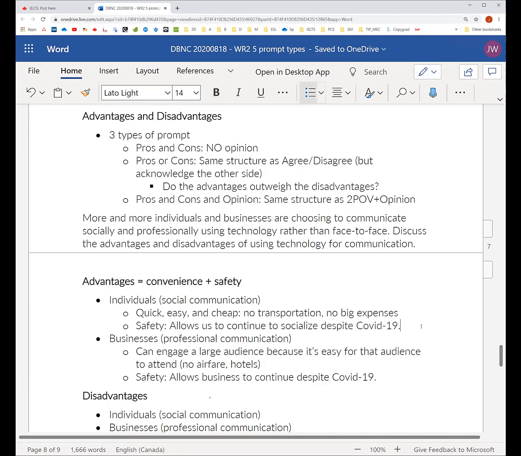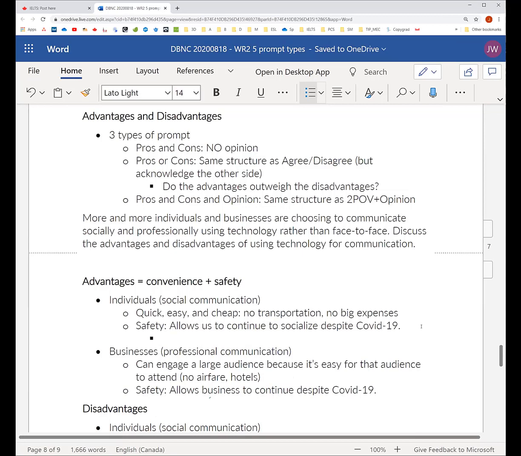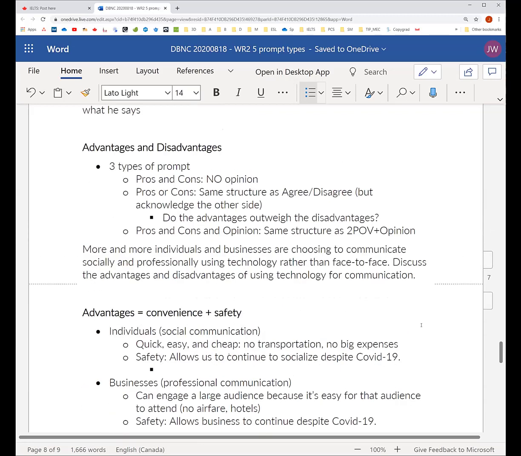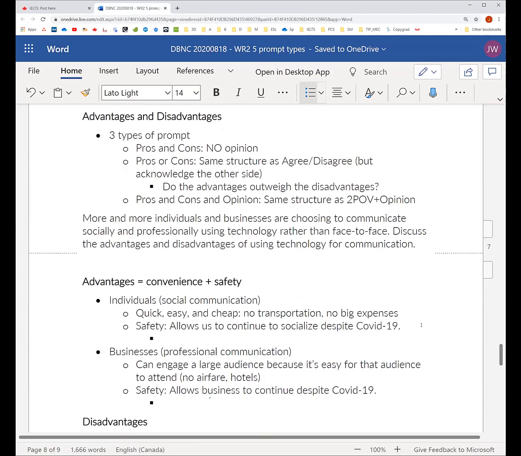It is like easy. Like my husband, he's working from home due to the corona, but he's still working. So I think this is a convenience and plus his safety as well, because he's safe at home. He's not facing too many people, and at the same time he's doing his business.